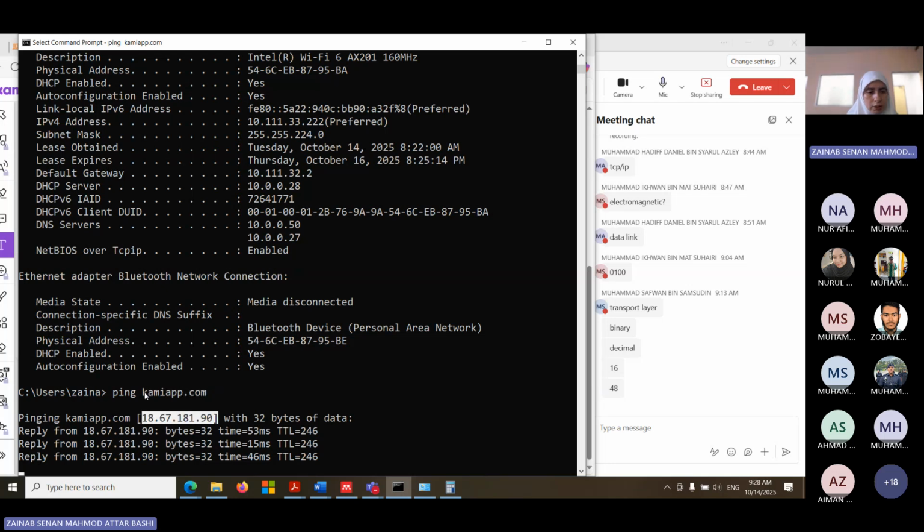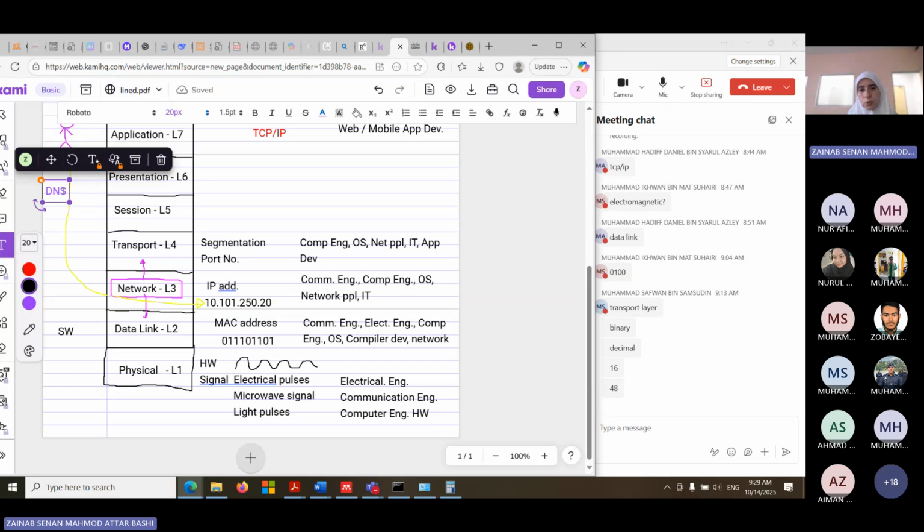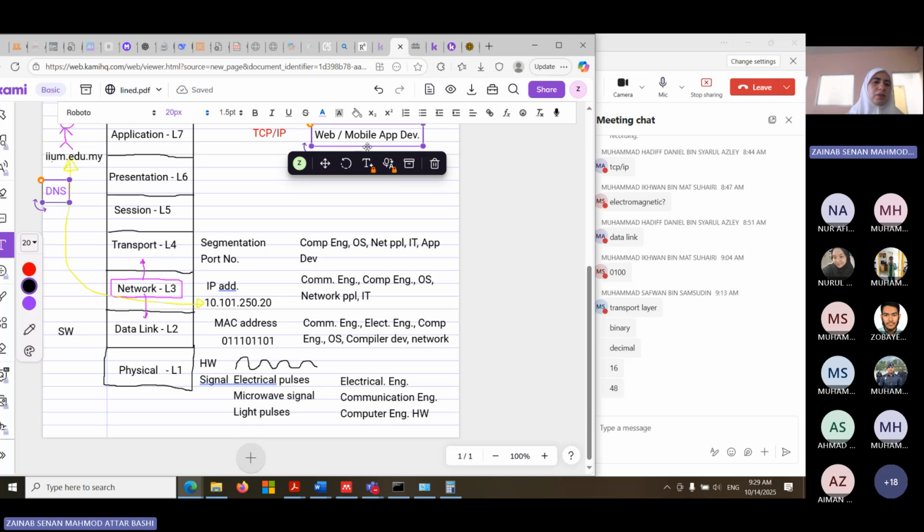So who's converting kamiapp.com to 18.67.181.90? This is the DNS. So that's what I care about: the URL, the protocol, and DNS. This is what we care about in the application layer. It's not the entire application. The entire application is what web and mobile application developers care about. The operating system sometimes has to get involved there, and so on.